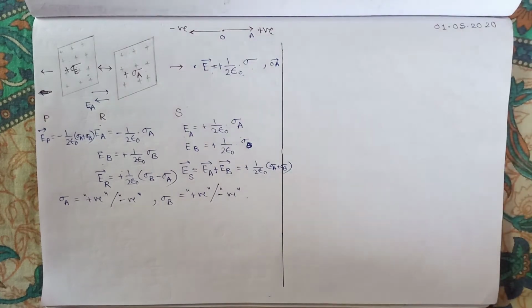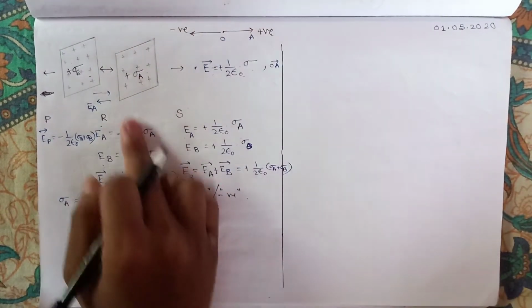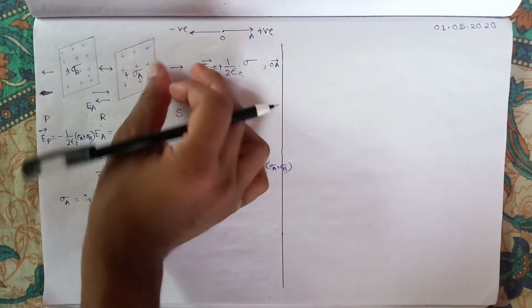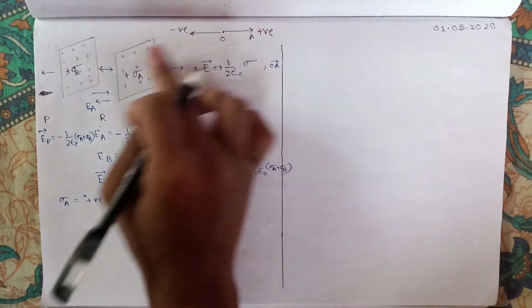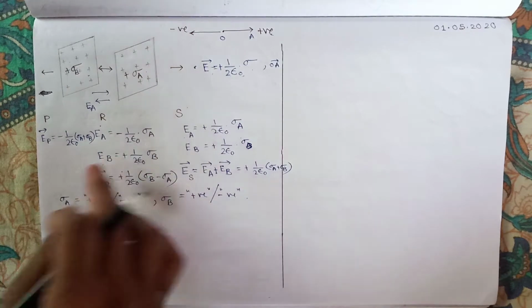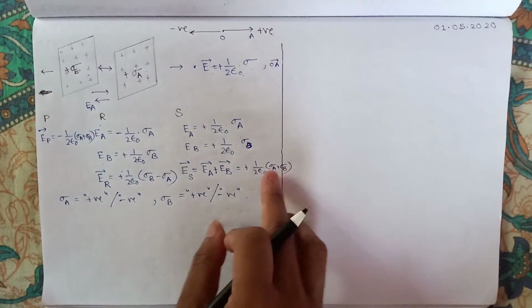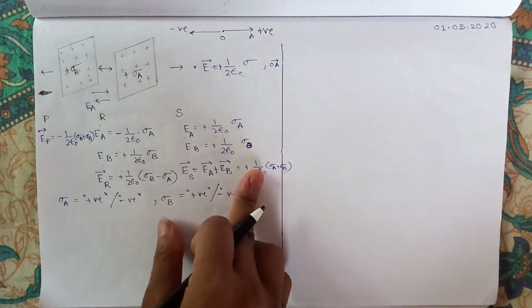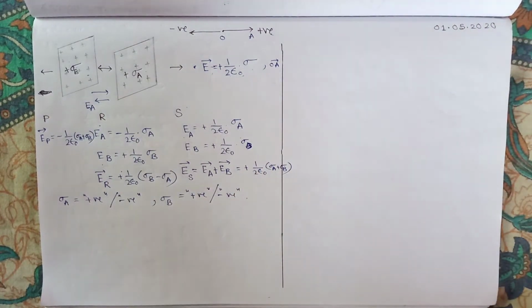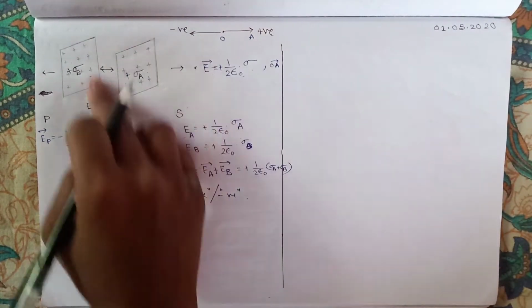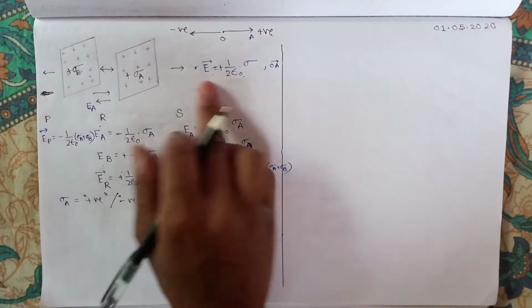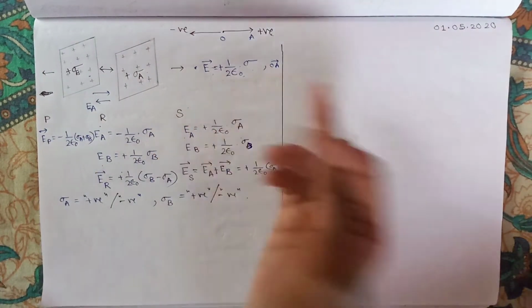Next, if there is another plane sheet, just apply the same sense. Then another two regions will be here, another plane sheet here, then there will be another region on the right-hand side. So for these two regions you take the difference between them, and the other two regions will be just like that. For such cases you have to apply the Gauss theorem, or you already know the result for a single sheet, so there is no need to apply Gauss theorem, just directly put in this electric field equation and find the electric field.